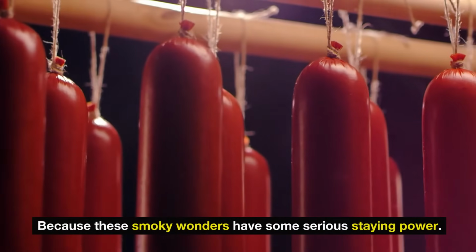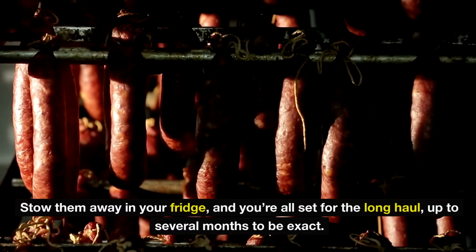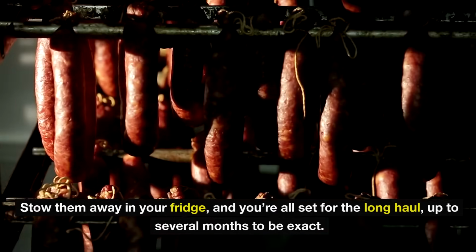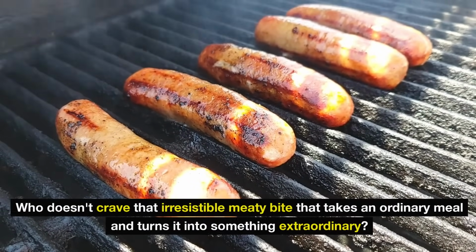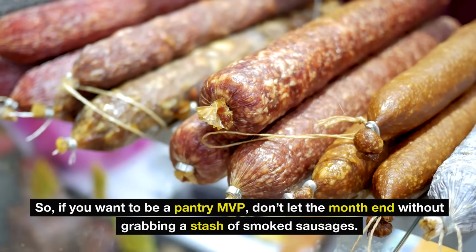Because these smoky wonders have some serious staying power. Stow them away in your fridge and you're all set for the long haul, up to several months to be exact. And come on, who doesn't crave that irresistible meaty bite that takes an ordinary meal and turns it into something extraordinary? So if you want to be a pantry MVP, don't let the month end without grabbing a stash